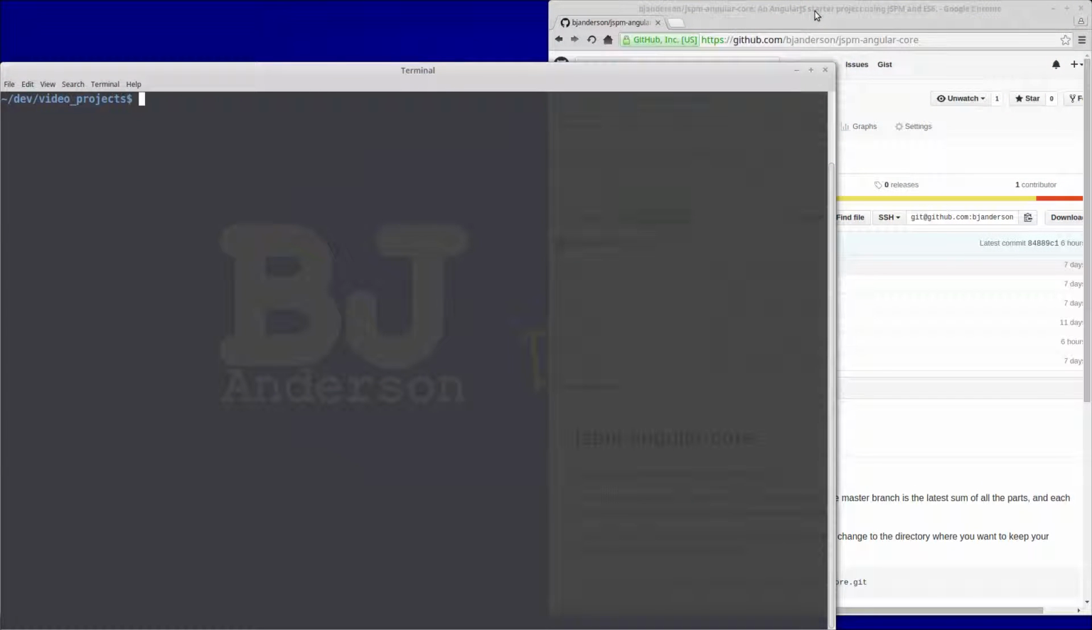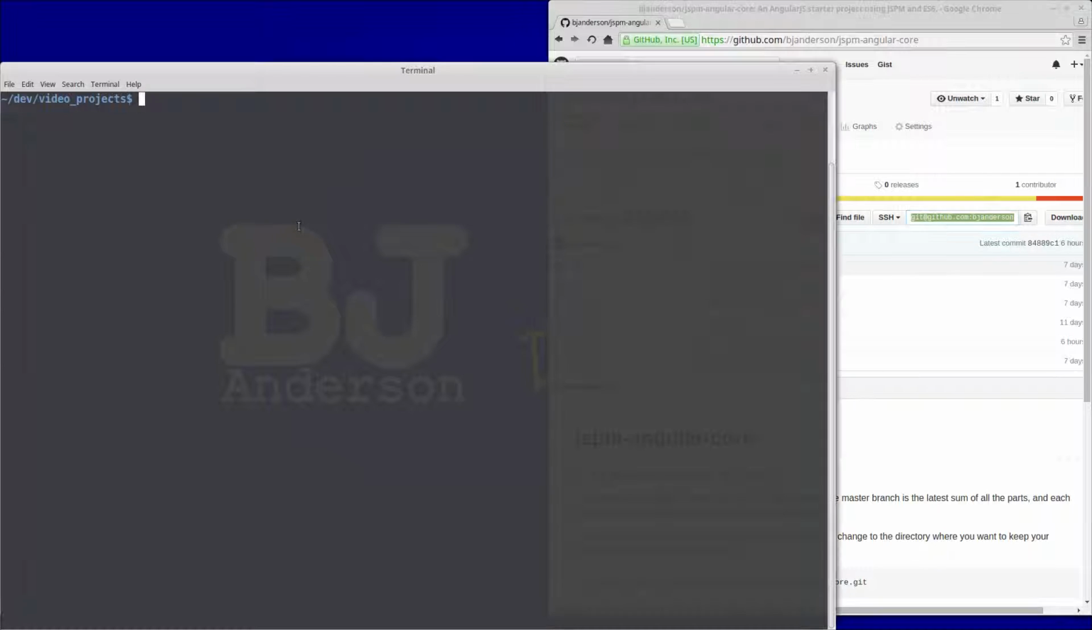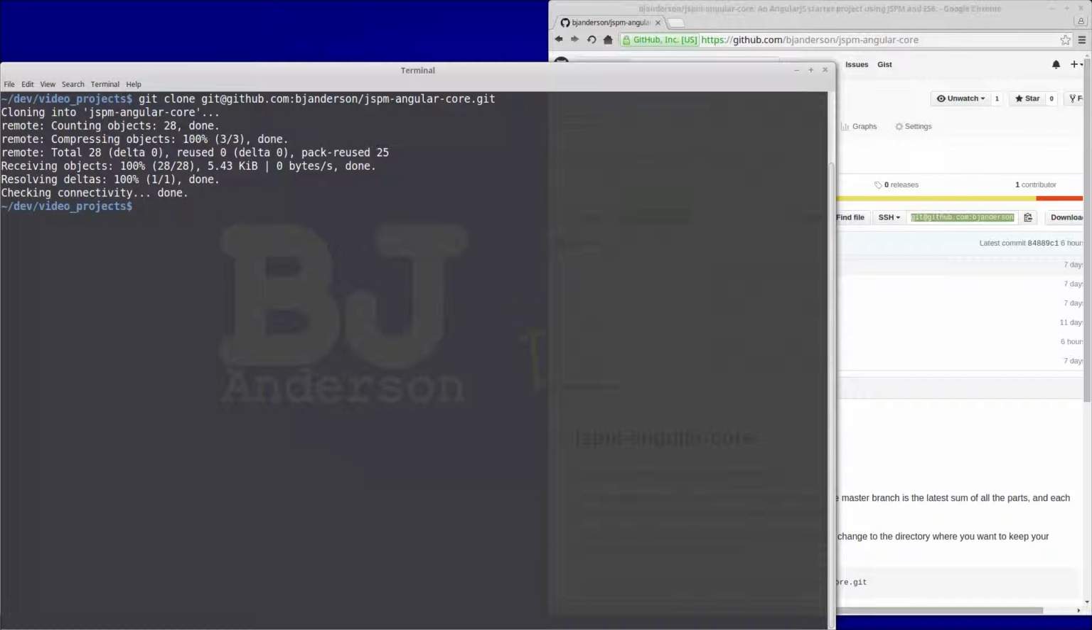Okay, so if you don't have the code from the previous video, then you can download it from GitHub. If you go to github.com/bjanderson/jspm-angular-core, you can pull the repo from there and have the code from the last video. So we'll do that for this project. We'll just do git clone and the GitHub repo, and that will create a directory called JSPM Angular Core, and we will cd into that, and then we'll be on the master branch. And to get the code from the last video, we want to go to the setup branch. So we'll do git checkout setup,